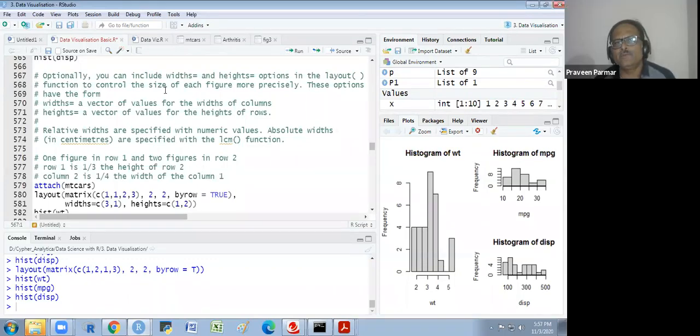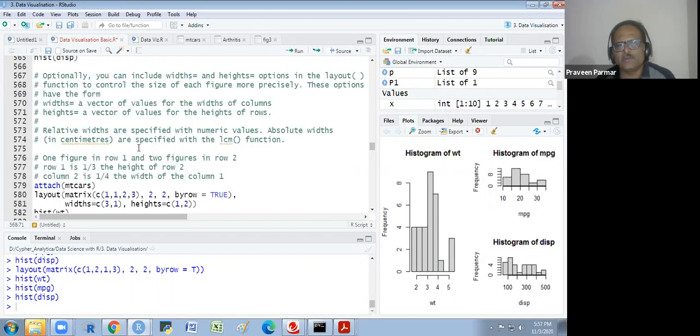Optionally, you can include widths and heights options in the layout function to control the size of each figure more precisely. These options have the form: widths is a vector of values for the width of the columns, and heights is a vector of values for the height of the rows. Relative widths are specified as numeric values.